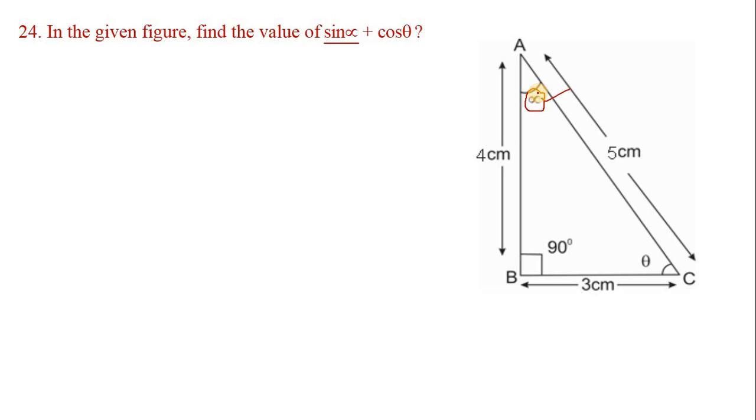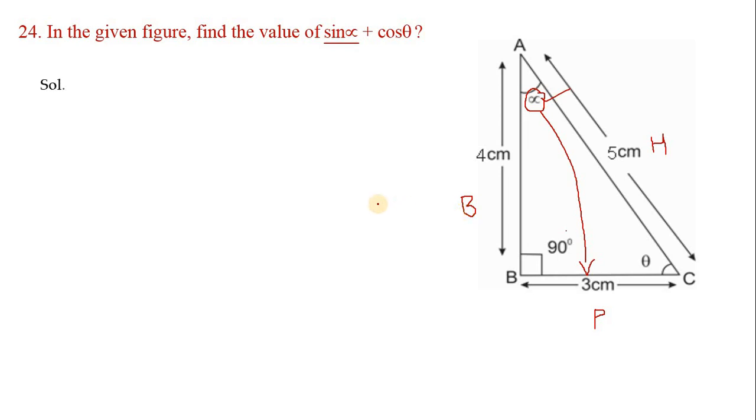Whenever you are solving such kind of trigonometry problems, identifying the reference angle is very important, because on the basis of the reference angle only we identify perpendicular and base. Here the reference angle is alpha, its opposite side is the perpendicular. And in a right angle triangle, the side which is opposite to the 90 degree angle is the hypotenuse. Hypotenuse never changes. This you have to keep in your mind. And if this is the perpendicular, which side is left out? This side. This is the base.